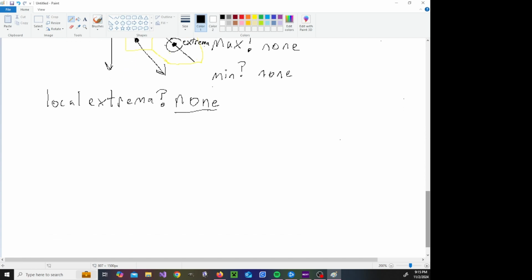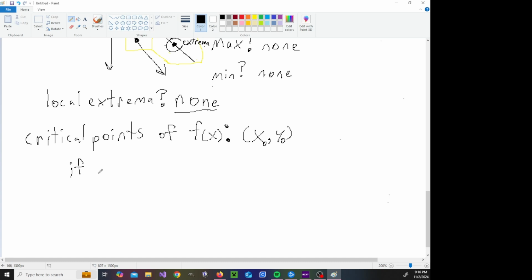So if we recall our definition of critical points, we have critical points of f of x, x comma y, or we'll say x naught comma y naught, for a specific coordinate. x naught, y naught is a critical point if the derivative at that point is equal to 0 or does not exist,